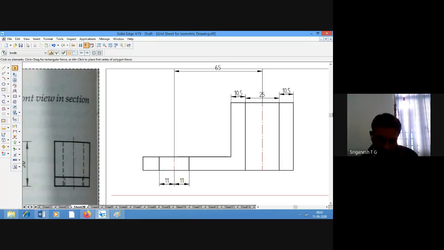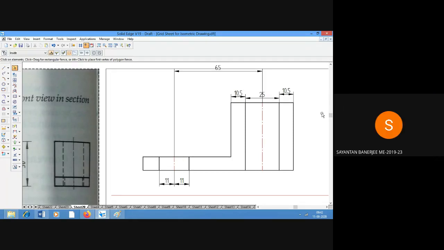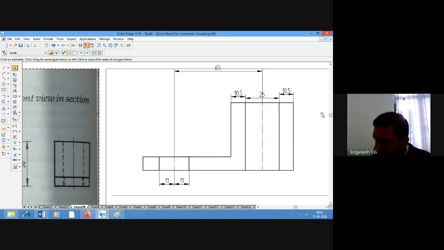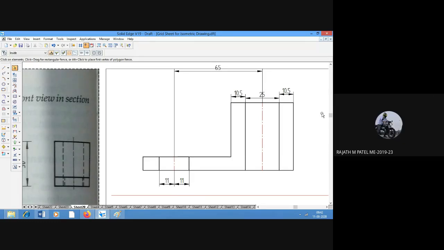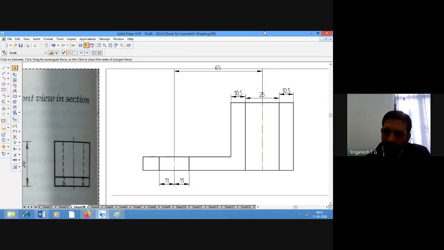Do you remember? He had sent one link, but I hadn't got that. It was by Siemens, sir. This is also by Siemens only. That was more advanced, it's not version 19 though. No, that is also version 19 only. We use only version 19, nothing else.